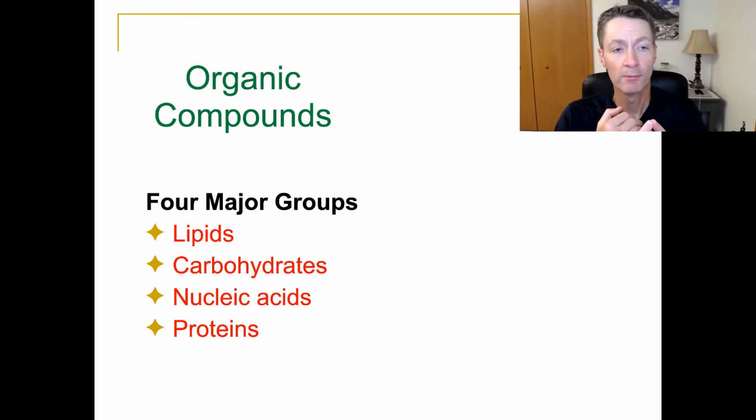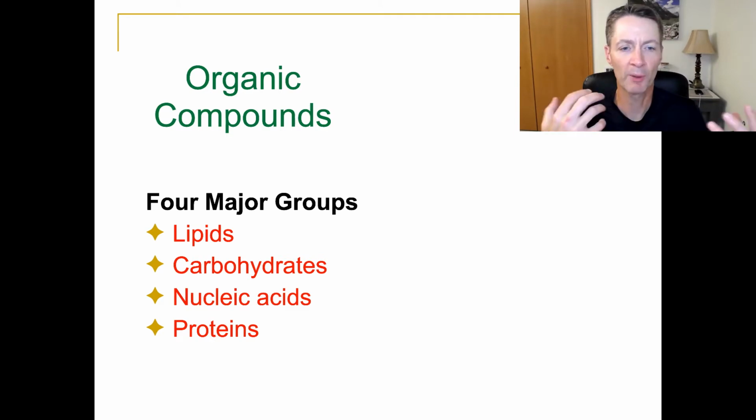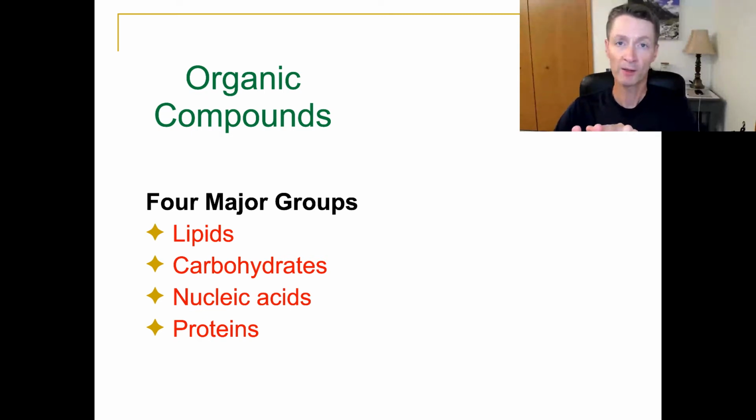And finally, the 4th thing would be, I'd want you to know the basic building blocks, the smallest unit that needs to come together to make a protein? Or what are the basic units that comprise a complex carbohydrate or a DNA molecule? Okay, so in a nutshell, the names, they're right here on this slide, right? The elements that make them up, the functions they provide, and then lastly, I'd like you to know the building blocks for the various groups.